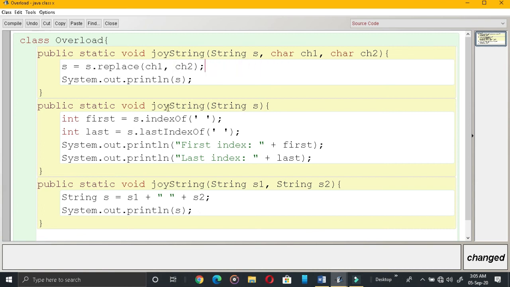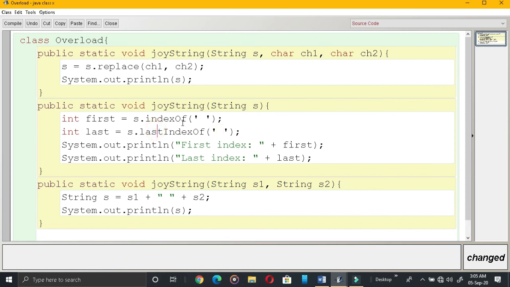The next one is joy string s. We need to print the index position of the first space and the last index position of the space, that's all. S is equal to the index of first space and the last index of it. We are directly using the function.